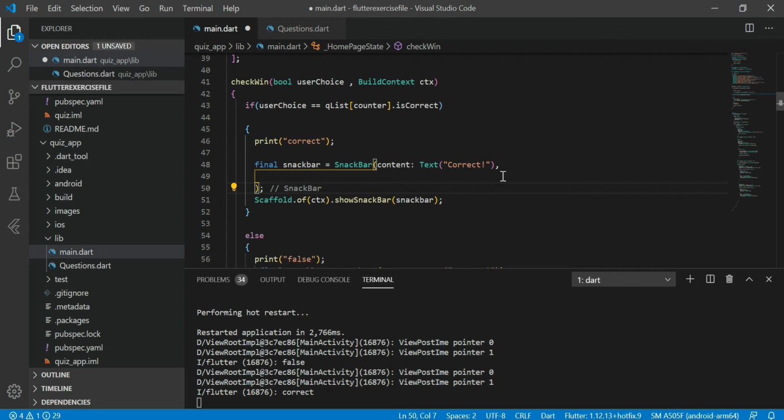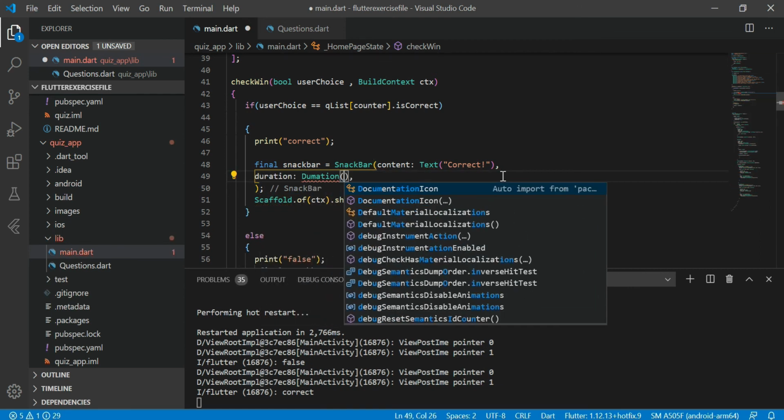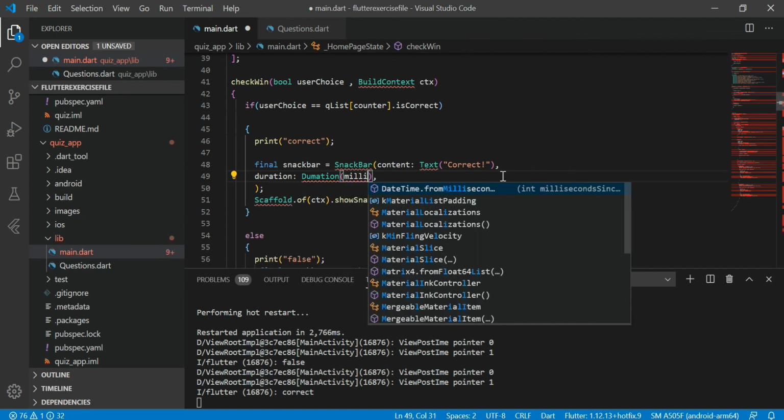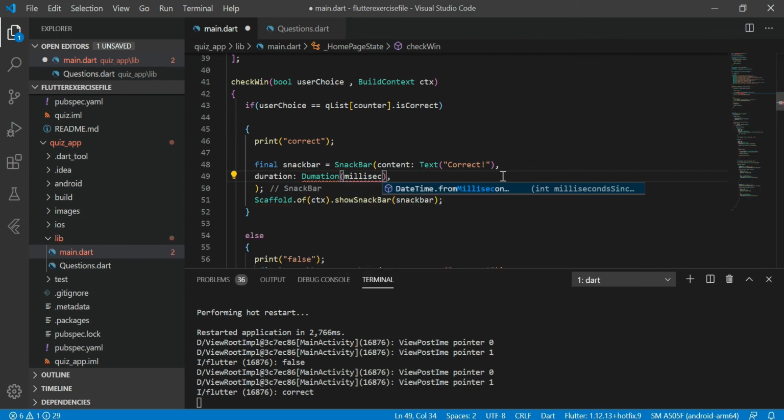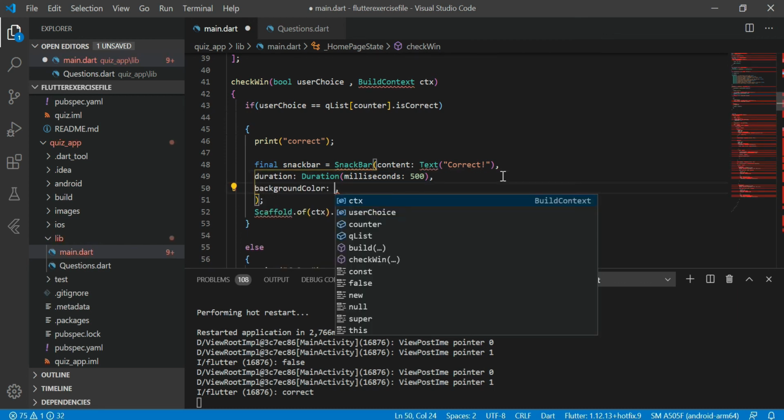Now let's add a color and a duration also. Let's give a duration to this snack bar and a background color as well. For correct, we are using background color as green.